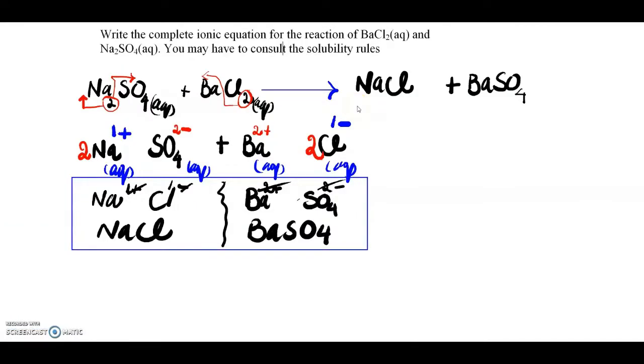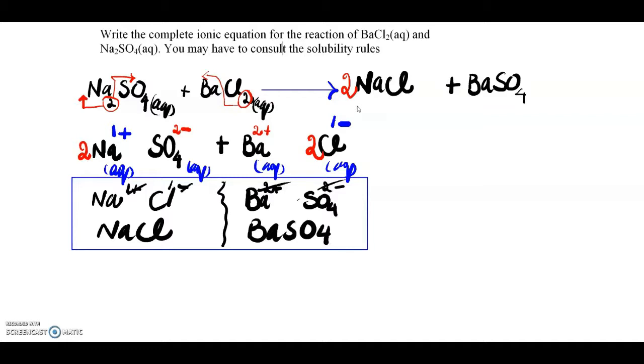You have your fourth step. In this step you have to balance your equation. As you can see, sodium is 2 on the reactant side, so you have to put 2 on the product side. Now sodium becomes balanced and chloride ions become 2, so you can check it is 2 on the reactant side, so your equation is balanced.